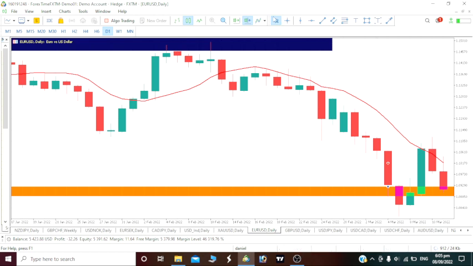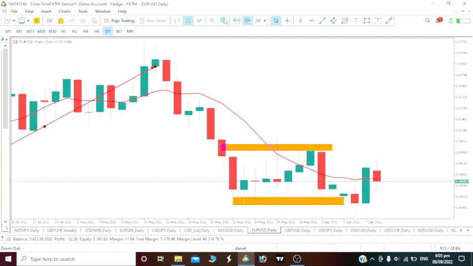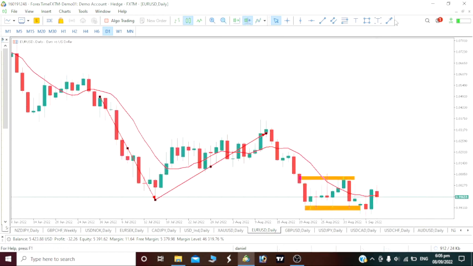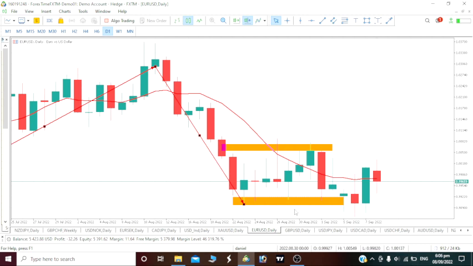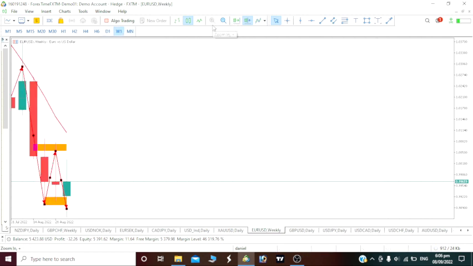So the daily time frame is actually showing each candlestick. So we now had another drop. This drop actually broke below this previous lower low. So it is a legitimate way of saying we are actually on a bearish move on our Euro USD. But one thing is that we had a pullback, and this pullback, right? We just had a little bit of pullback on the daily time frame, and we are expecting another drop. On the weekly time frame, it is not really showing that much,